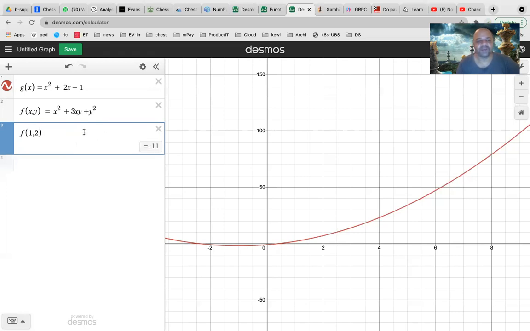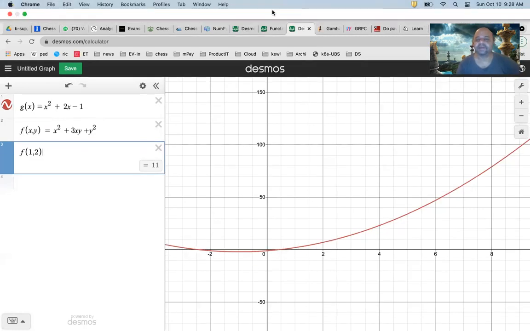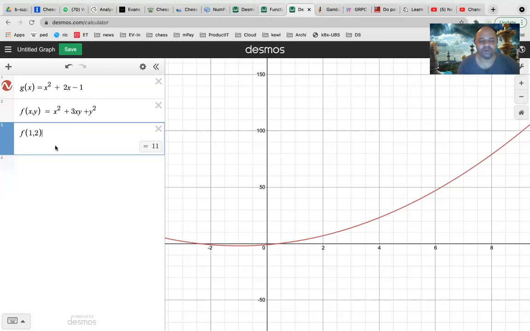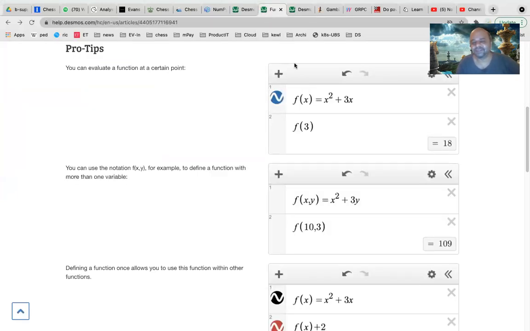So like this, you can get any function. Mostly we will be dealing with one variable, sometimes it can be even two variables. But Desmos is capable of not just two, it is capable of five variables also. X, Y, Z also you can do. This is just to understand what all the capabilities are.